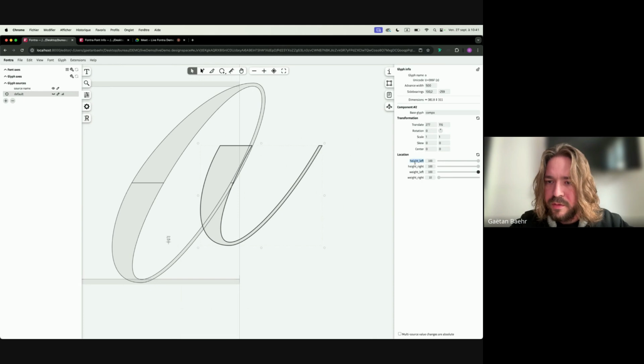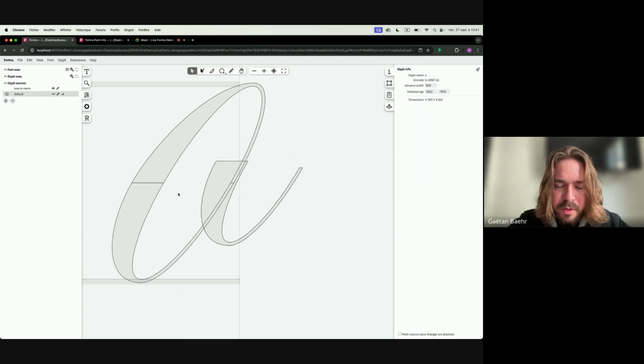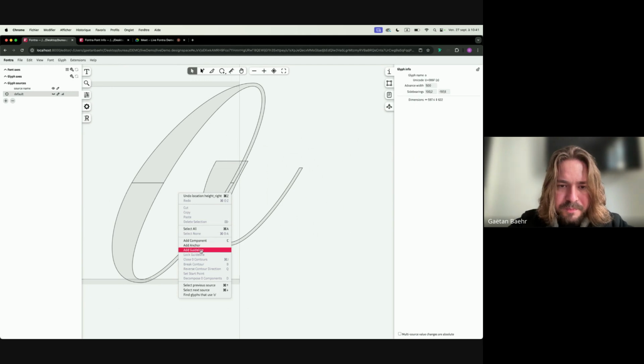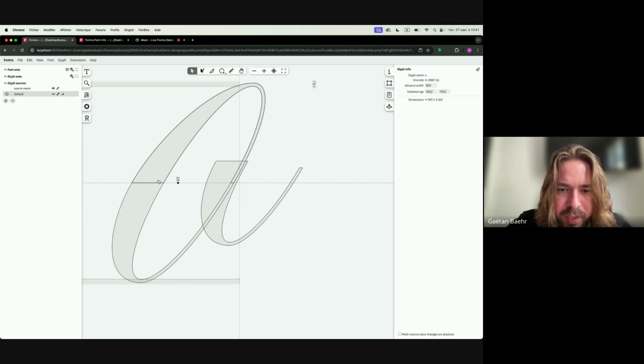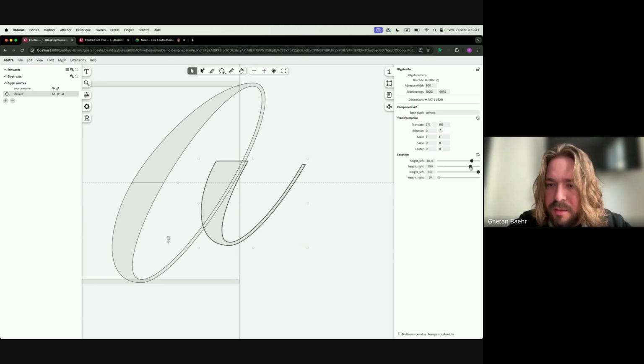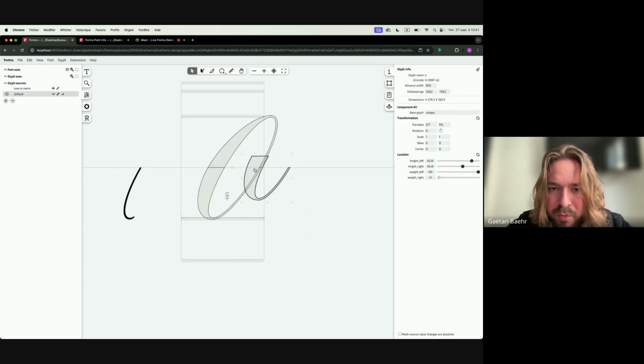We have two new axes sorted alphabetically, and I can play with both like this to control a bit more. But I want to be exactly on the middle. For this, I will add a guideline and set it. I think the X height is 600, so I put 300 like this. So I have my guideline here, and I can align my component like this